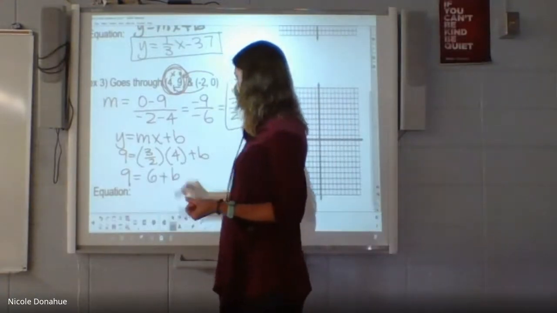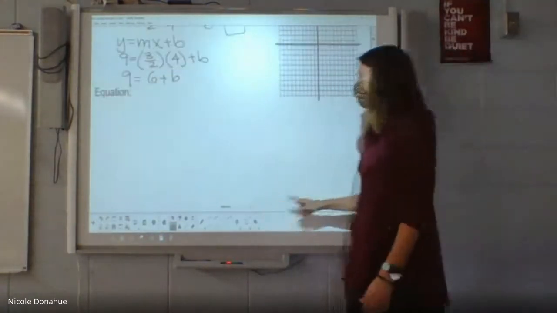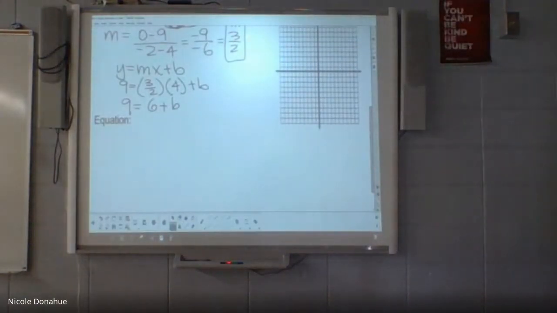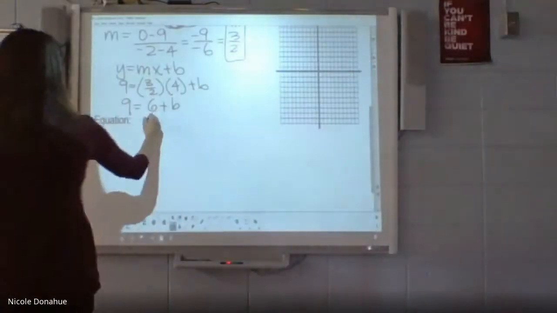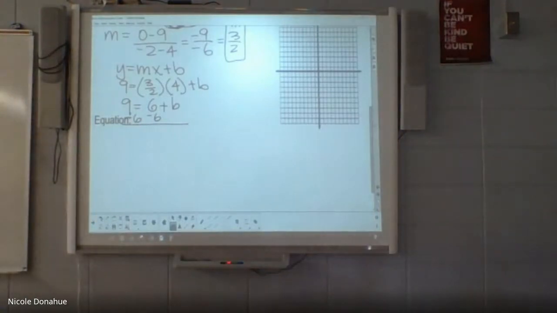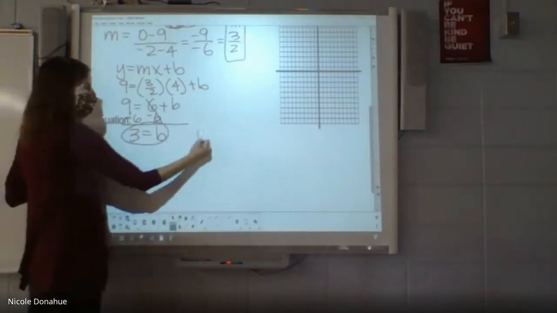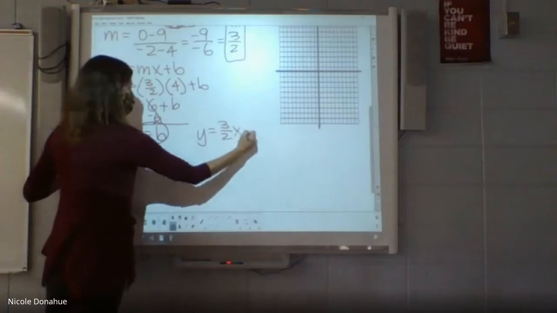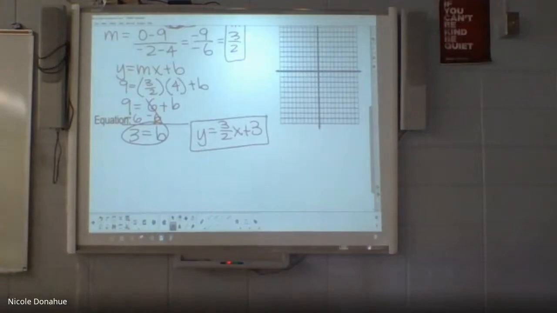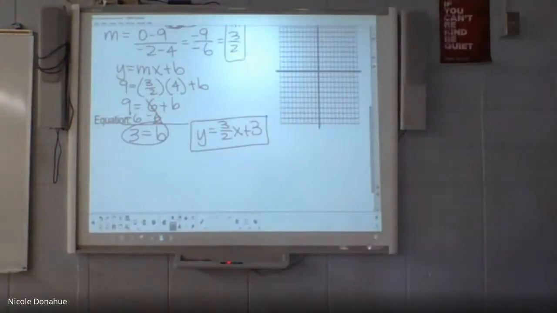So I'm trying to figure out what b is still. And again, I picked those numbers because I knew they worked nicely. Sometimes I try to make it happen that it works nice. So we can still figure out b. So I can move that 6 over. So 9 minus 6 is 3. This is gone. So our equation, we have our m, we have our b. So there would be our equation. Is that okay? We'll do another whiteboard problem.